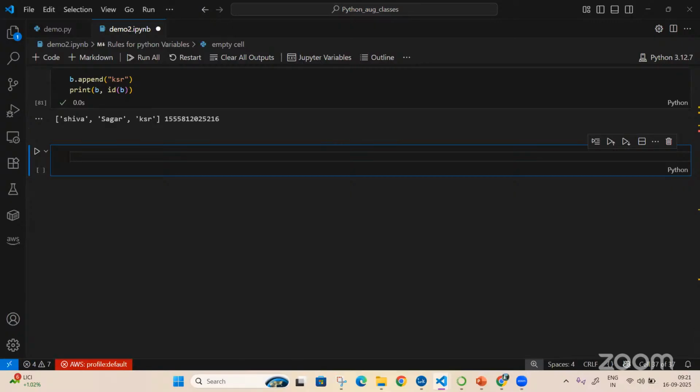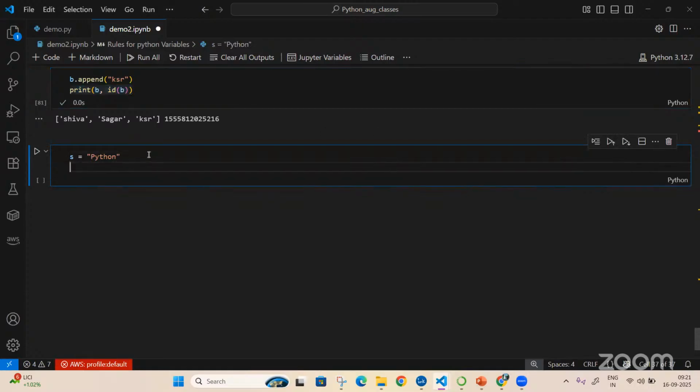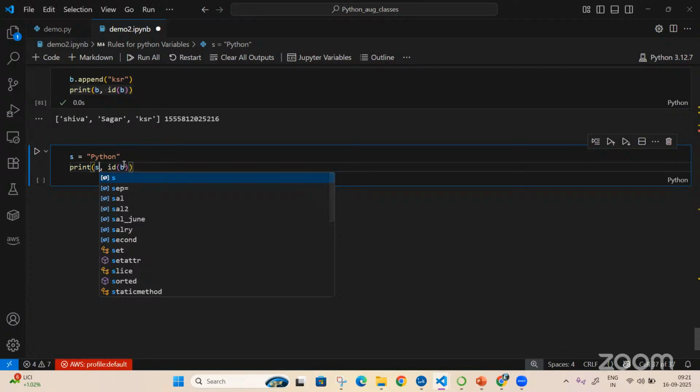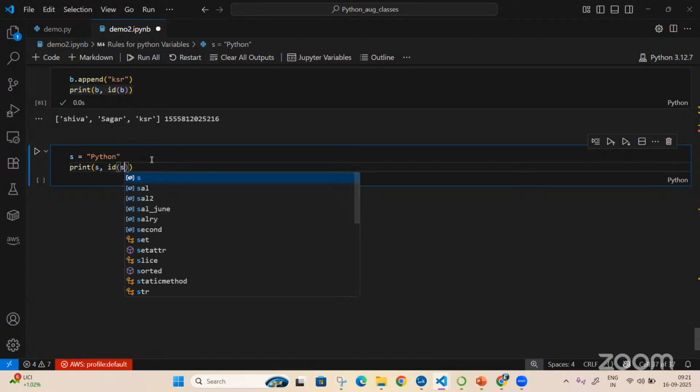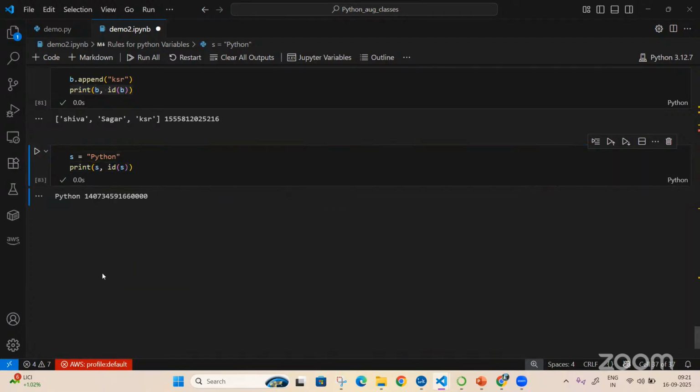I have something as S equal to Python. Now I'm executing this particular value. Let me say S, and it gives a memory address. It has assigned something and it is giving a particular value.